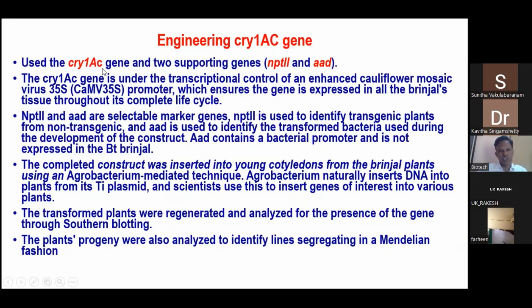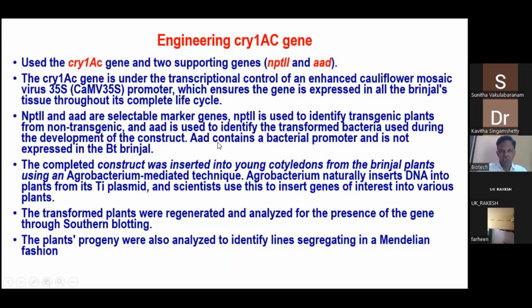There are several Cry genes, so they have given it as Cry1Ac gene, Cry2Ac gene. There are several genes in that, but one important word that we can have for this is called crystal protein gene, and this is called the Cry1Ac gene. This gene